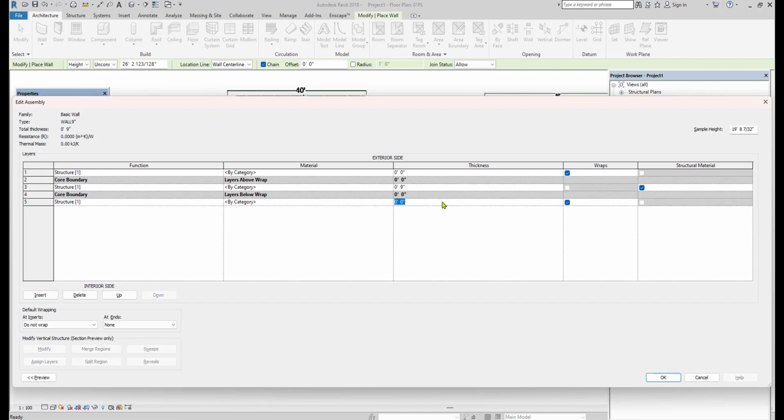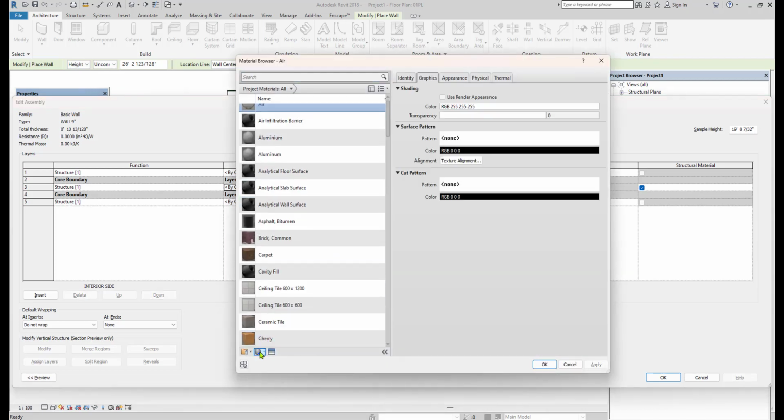Give the thickness: the internal paint option thickness is 12 mm and the outer paint one is 16 mm. Revit will help you with auto conversion of the unit, because we set the unit in feet and inch. Even if you give the input in meter and millimeter, it will convert it into the basic unit we have set. You can also change the material, that is brick for the main structure.